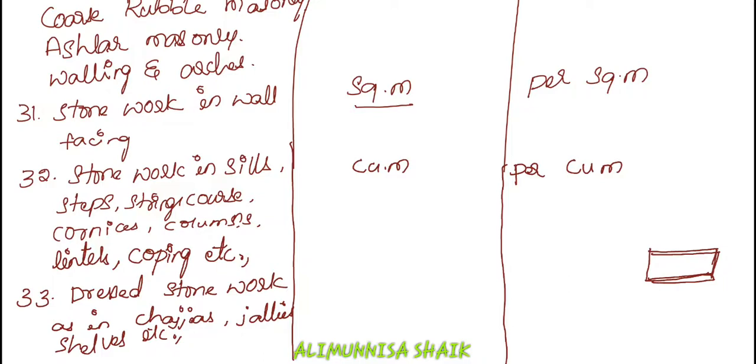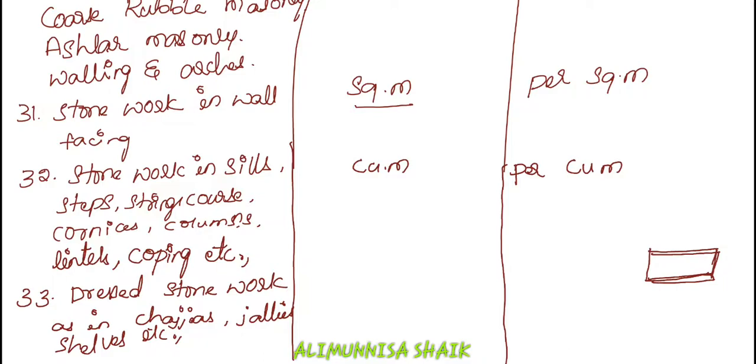So, in that one, that is nothing but dressed stone in your chhajas. Chhaja is nothing but your sunshade, as we all know. In sunshade also, nowadays we are using some mesh and we are extending the structure. Your lintel beam is somewhat extended out as your chhaja, but in olden days they used to use this dressed stones as your chhaja or sunshade. In jellies and shells also, the same thing is being done. Okay, this is about the item.